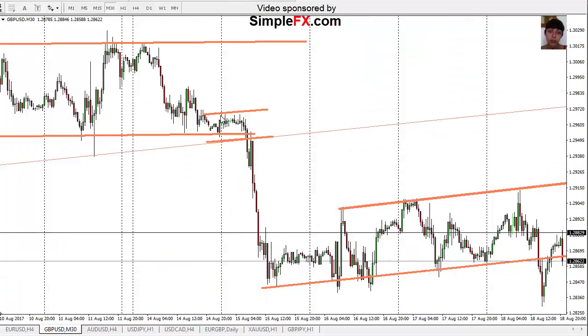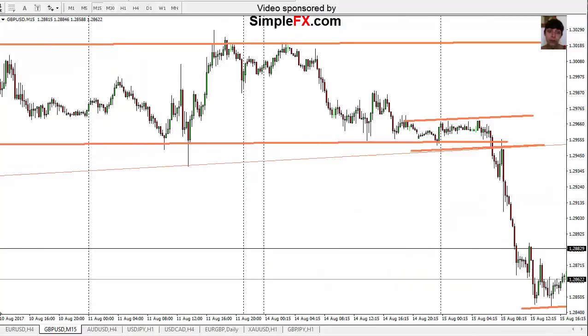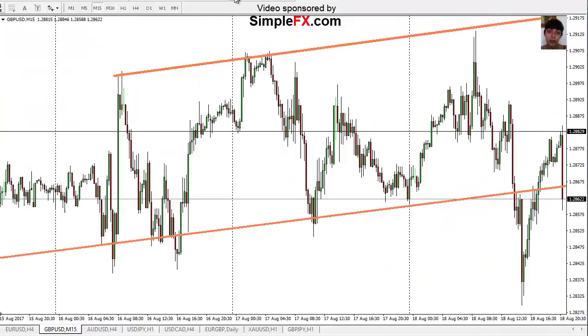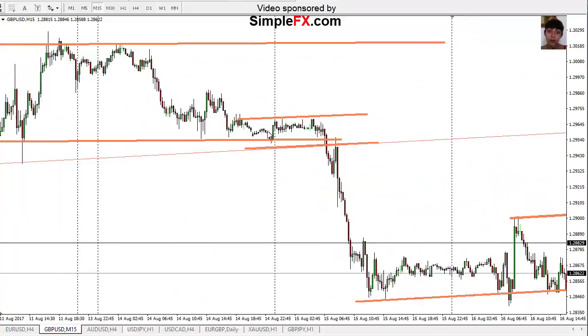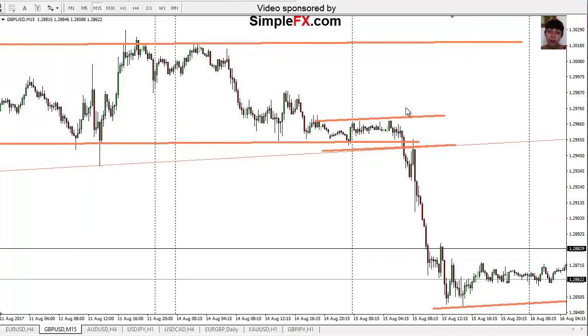On the smaller chart, it also created this little channel, and even if you go on the 15-minute chart, it would be even better. You can see now also a very little one around the important levels. So we had 2 important levels and also a little channel. So it's like 3 signals were telling us that going for pending orders would be a very good